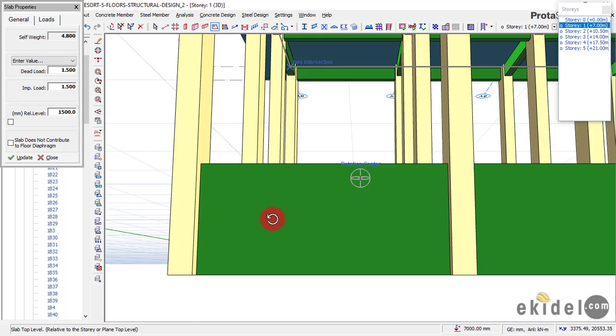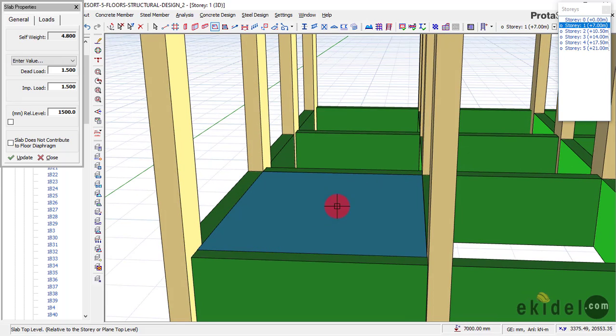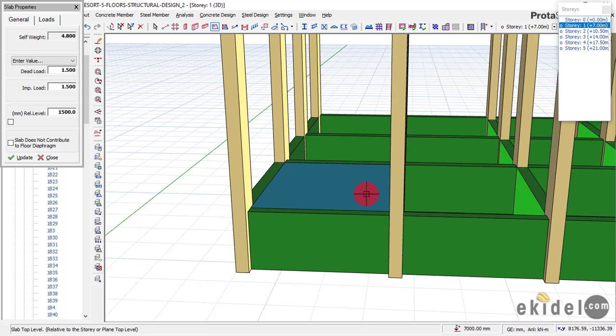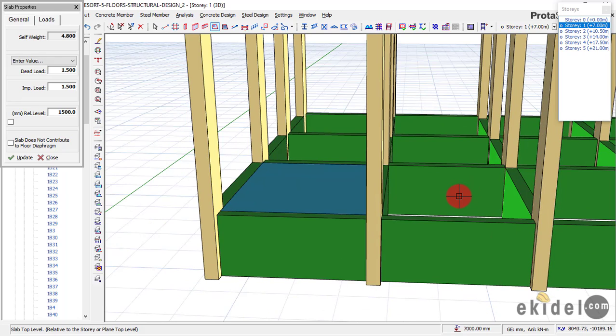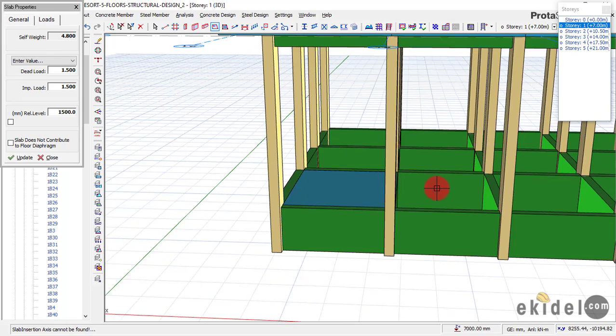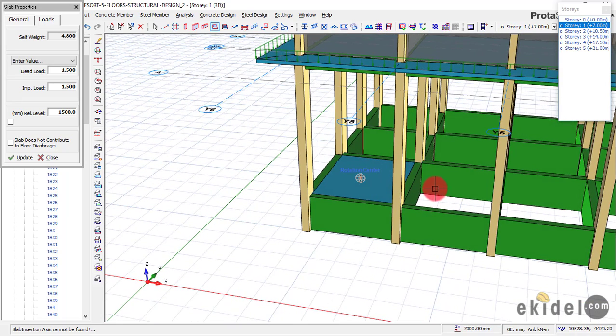Okay, so right now I'll just go around and insert all my Raft slab using the same principle. Since I've already done one, I'll just pick up this slab property and then click on the panels, and automatically the software will insert the slabs there. So if I click on this, you will see that there will automatically be a slab here,